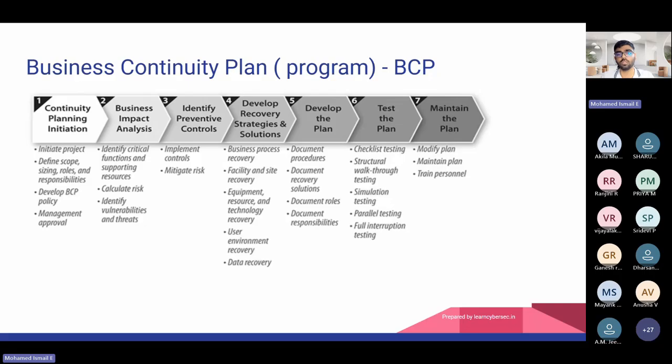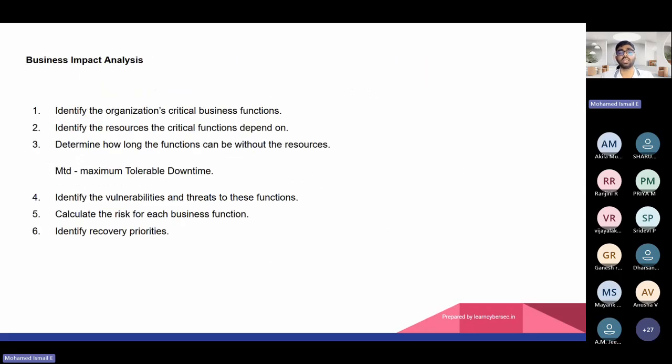So during the second phase, business impact analysis, identify the critical functions and the resources they need. How long can the company withstand without the factory running? Maybe there would be cold storage where they keep milk for 2 days. They have a buffer. In the same example, the milk factory can store milk for maybe 2 to 3 days, so that milk can be used to supply and meet the demand.